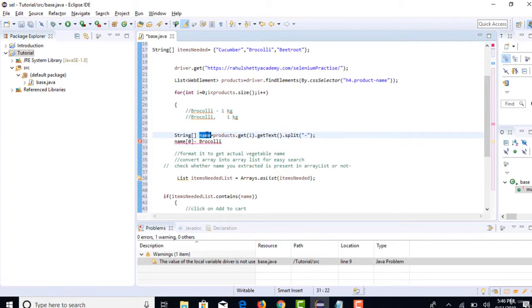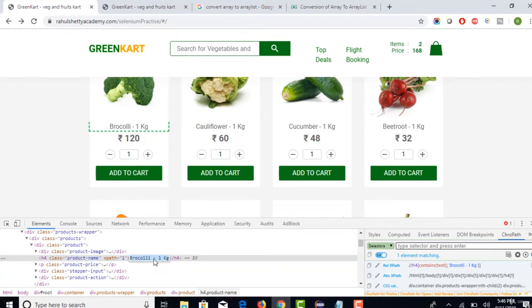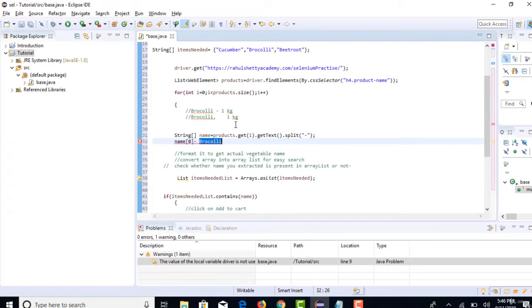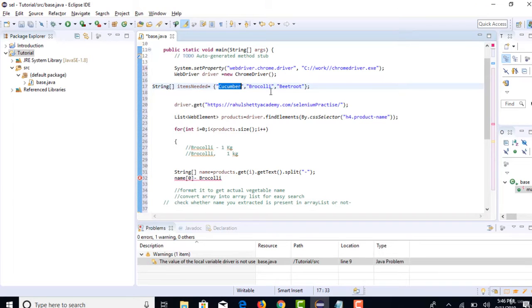After this step, you are very clear that you need to get this name[0] variable. Again, if you carefully observe, when it separates with the hyphen, the left of the string will fall in the 0th index, which we just saw, right? But there is a space. The space also comes into the picture. It will throw broccoli and one white space into the 0th string. But when you compare with your required items, you are not giving a space like this. If you give a space, then you are good. Whatever name[0] you extract, you have to remove all the spaces.